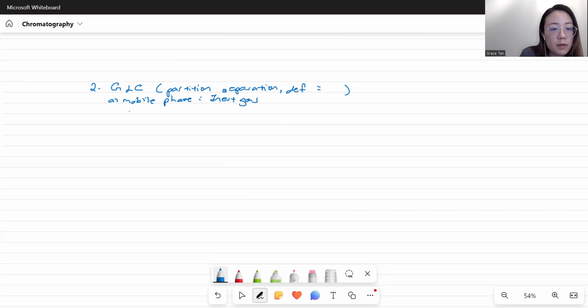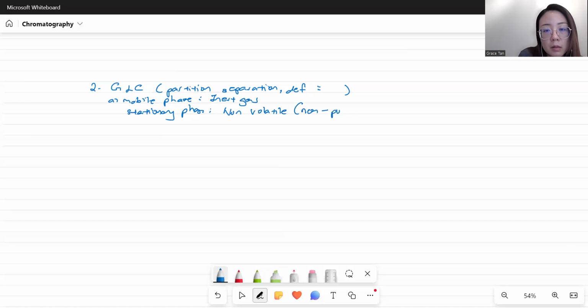For the stationary phase, you put a non-volatile, non-polar liquid. Okay, now part B. In GLC, the mixtures are separated by